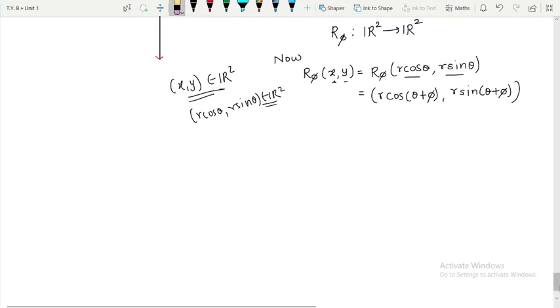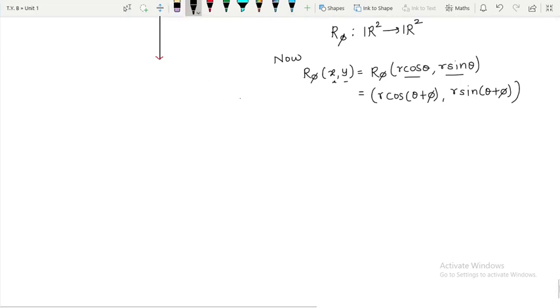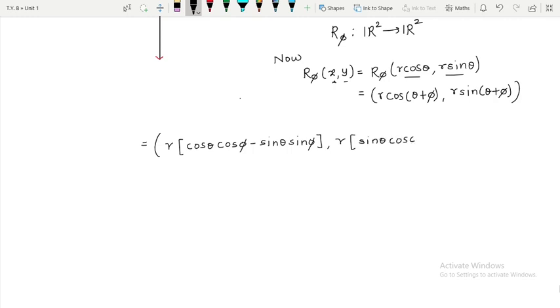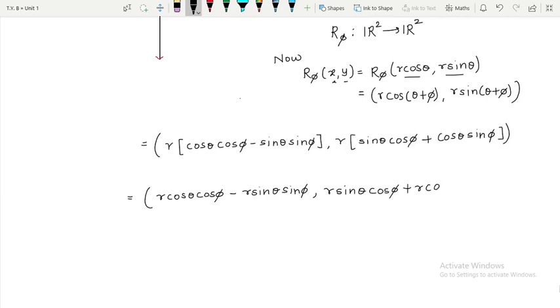Yes. So I will erase it out. So r times the formula of cos(a+b), that is cos a cos b minus sin a sin b, comma r times the formula of sin(a+b), that is sin a cos b plus cos a sin b, which is further equal to, putting that r inside, r cos θ cos φ minus r sin θ sin φ, comma r sin θ cos φ plus r cos θ sin φ,